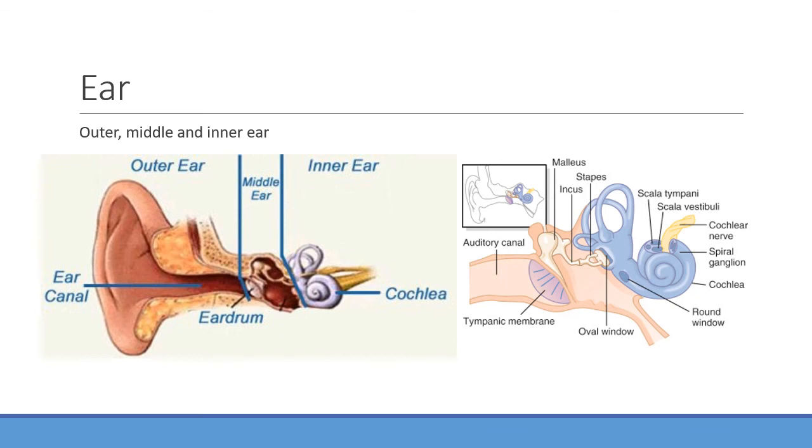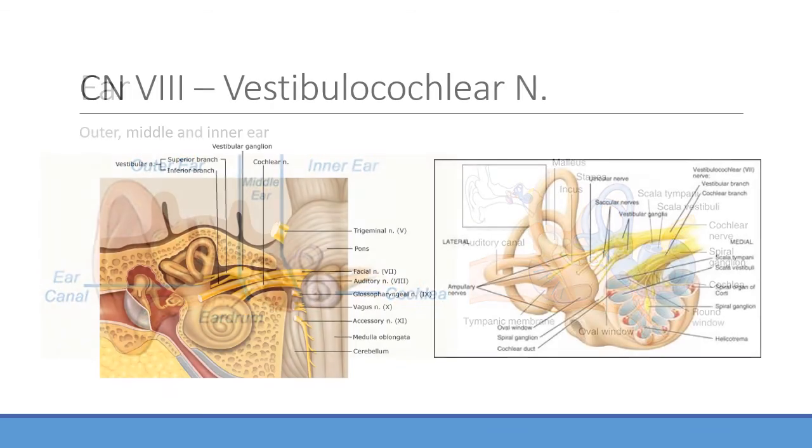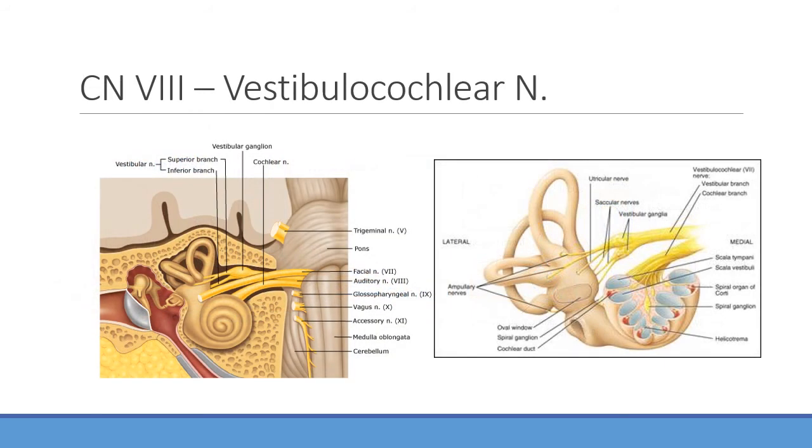But anyway, we're going to see that the ear's good for both hearing, and it's also where our vestibular apparatus lies. It helps us maintain balance, helps us move appropriately, and gives us a lot of spatial awareness, or awareness of movement within the body. Cranial nerve number 8 is the vestibulocochlear nerve. That transmits signals about sound that we're hearing, and also signals from the vestibular apparatus, sending information to the brain about movement.